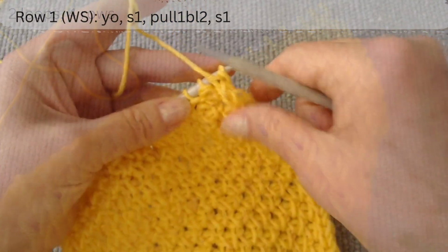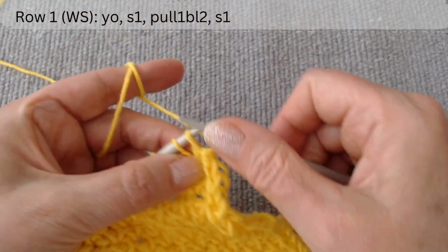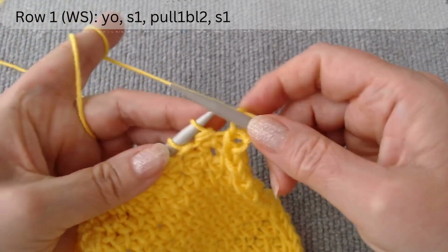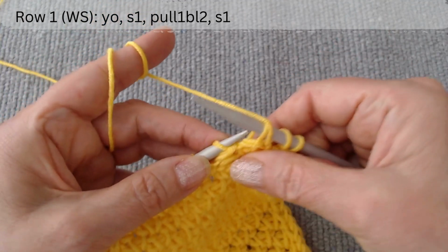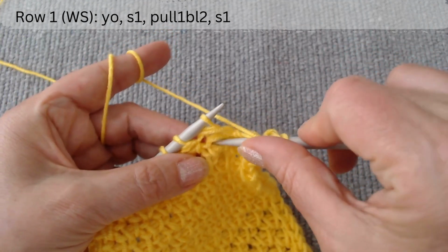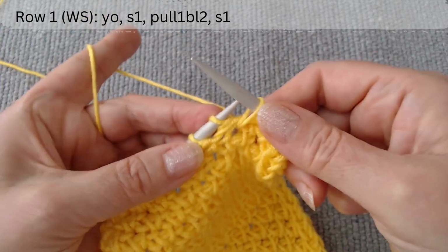The first row is on the wrong side. Start with 2 edge stitches, slip the first and knit the second. Then the repeat pattern is, make a yarn over loop and slip 1. Pull up a long loop 2 rows down by picking up the thread from the bottom up, and slip 1